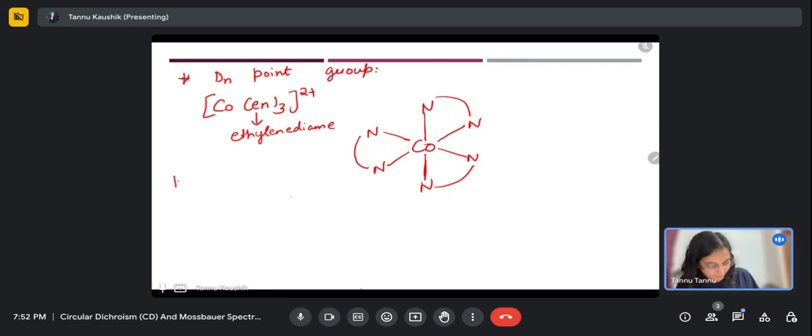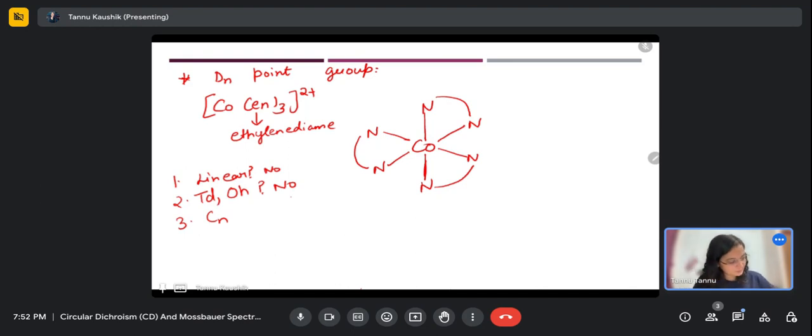So here, firstly, the molecule is not linear, doesn't belong to any special symmetry point group. No. What is the proper axis of rotation present in this molecule? So here we have C3 axis of rotation present in the molecule,